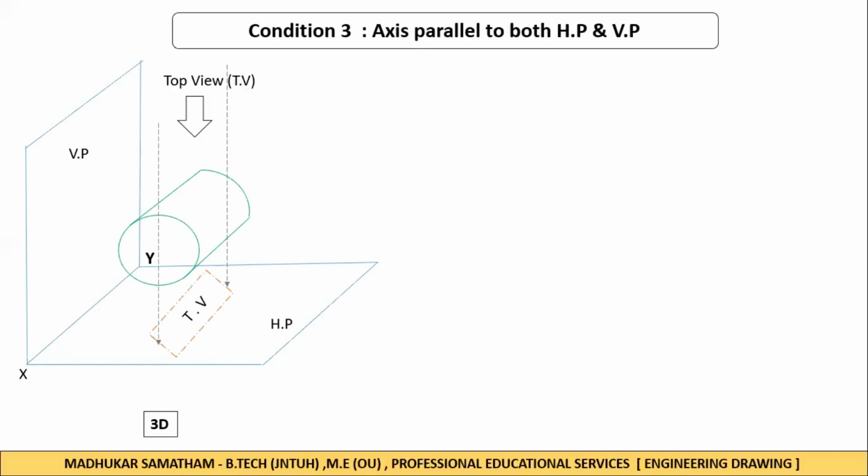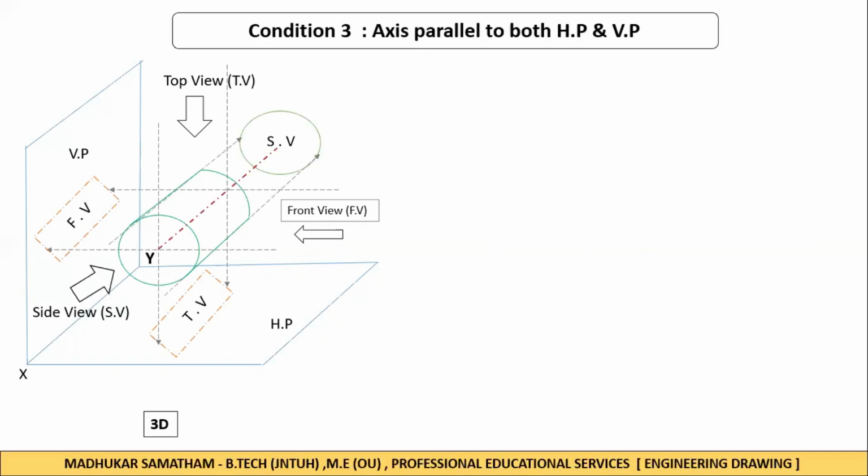The top view will be a rectangle and the front view will be a rectangle. So where is the condition? How can we draw a 2D diagram now? We don't have any base shape here, so we will take another view, which is called a side view. In the side view, you can get a base shape view, so we will start from the side view. That will be explained in this video.